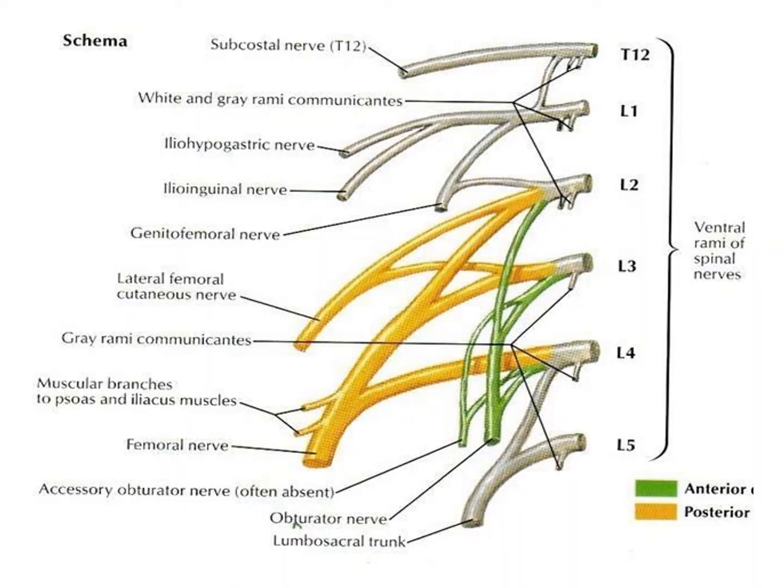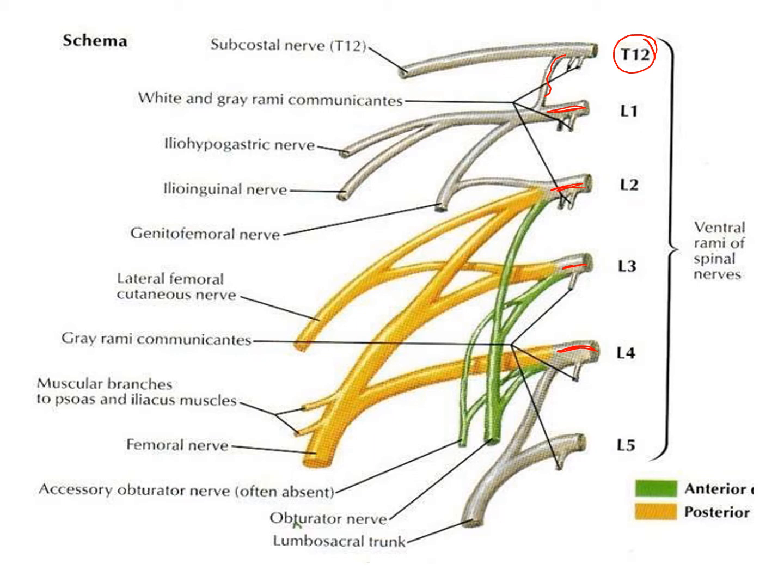So in this slide we will see what are the branches of this lumbar plexus. As already discussed, lumbar plexus is formed by the ventral ramus of L1, ventral ramus of L2, ventral ramus of L3 and ventral ramus of L4 with a twig from ventral ramus of T12. So these nerves are involved in formation of the lumbar plexus. Let us see the branches and their root value.